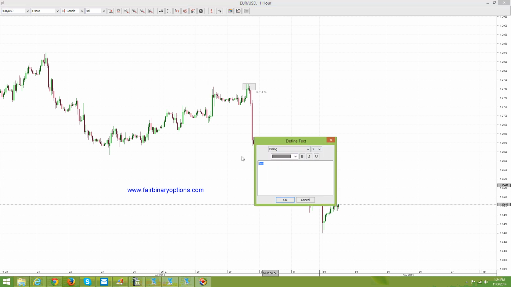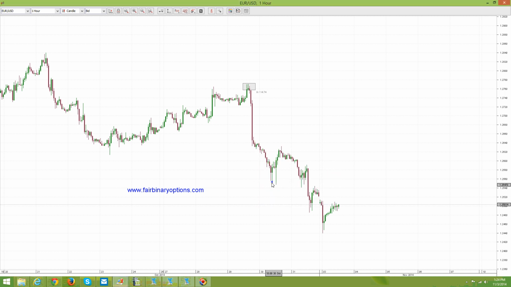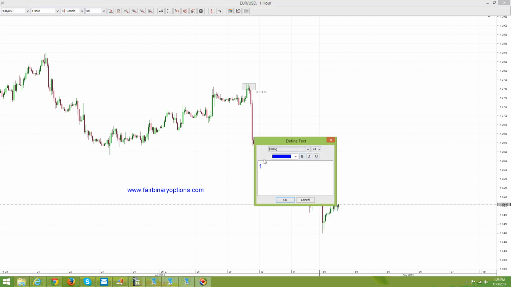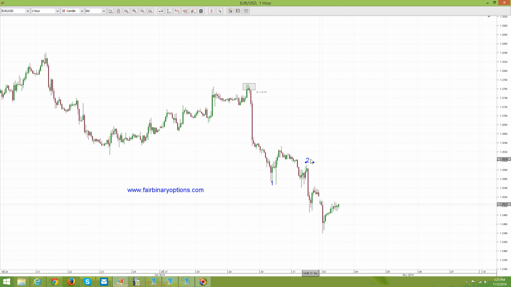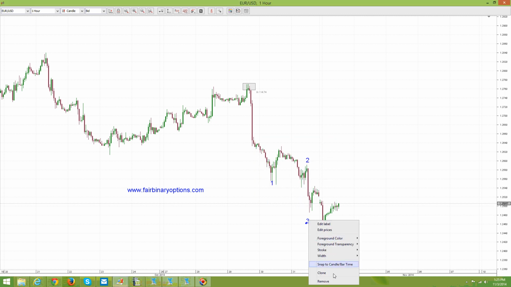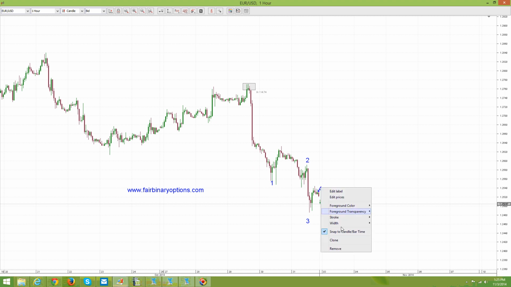This would be the first wave here, wave 1, then the second wave around here, one and the 2, and the third wave all the way to the downside here, 1 to 3, then the fourth wave here, 1, 2, 3, 4, and the fifth wave here, 5, 1, 2, 3, 4, 5. And this would be the falling wedge.